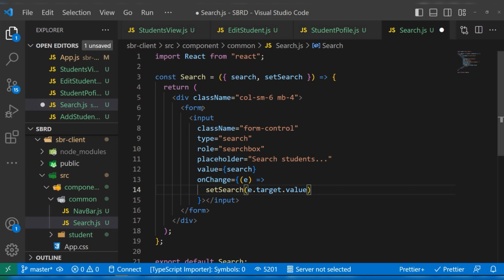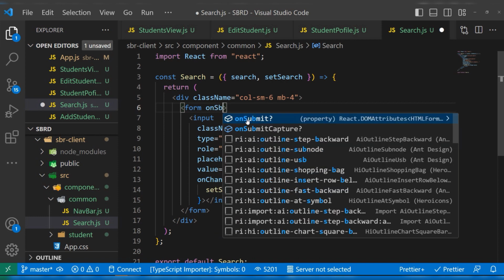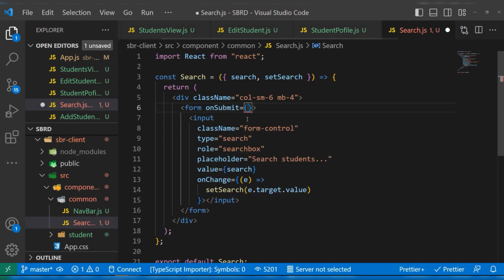But meanwhile, before we move on, we are going to prevent the default behavior of the HTML form, right? So here we're just going to say on submit. Actually, we don't have a submit button to click here, but when we click enter, that is the same as submit. But this one we're doing right now, we're not even going to click enter. We're just going to filter as we are typing. It's just going to start filtering, right? So we don't really need this here, but anyways, we're just going to make some things clear